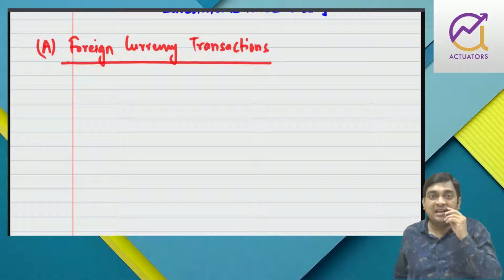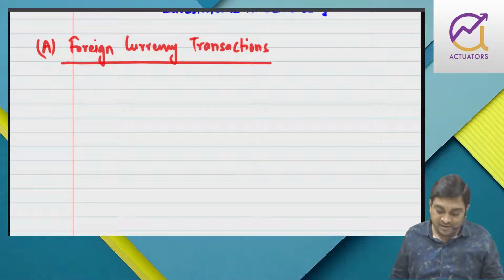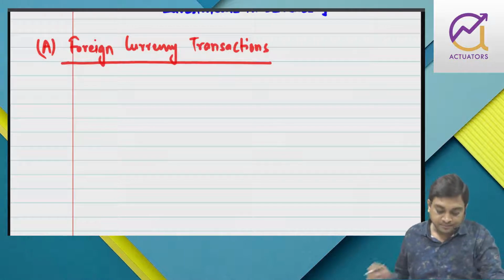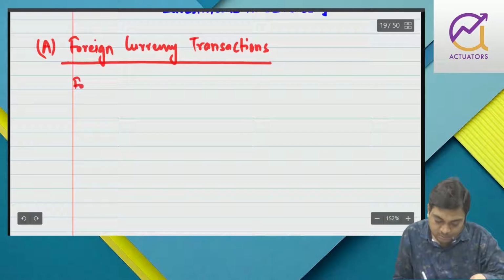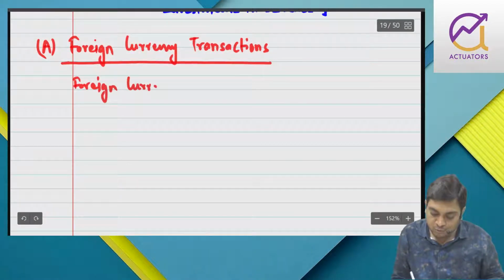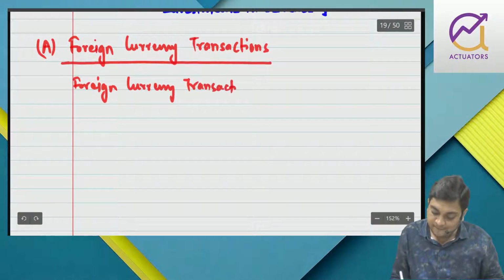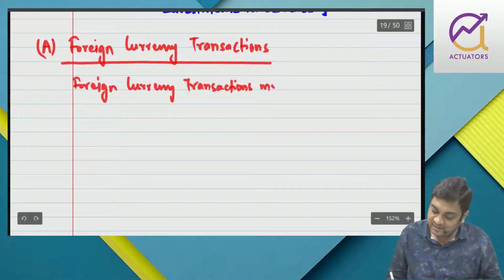So whatever example I gave you, two examples, both examples were of foreign currency transactions. Right? So write down foreign currency transactions means